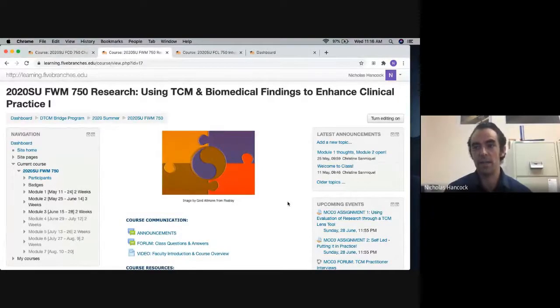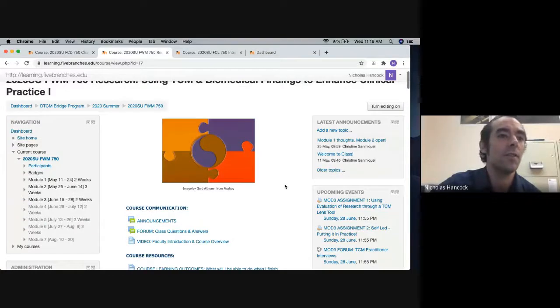It's like guiding students how to read, how to orient themselves in research articles, in published research, so that they can use the knowledge or the skills that they will gain reading that research, how to translate that directly into their clinical experience, into their ability to communicate with their patients, communicate with other practitioners, communicate with the public even. So that's the focus of this course.